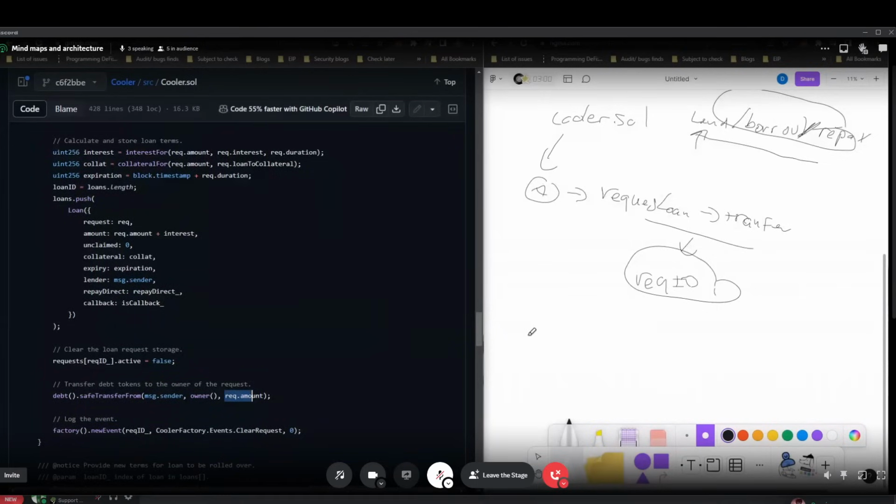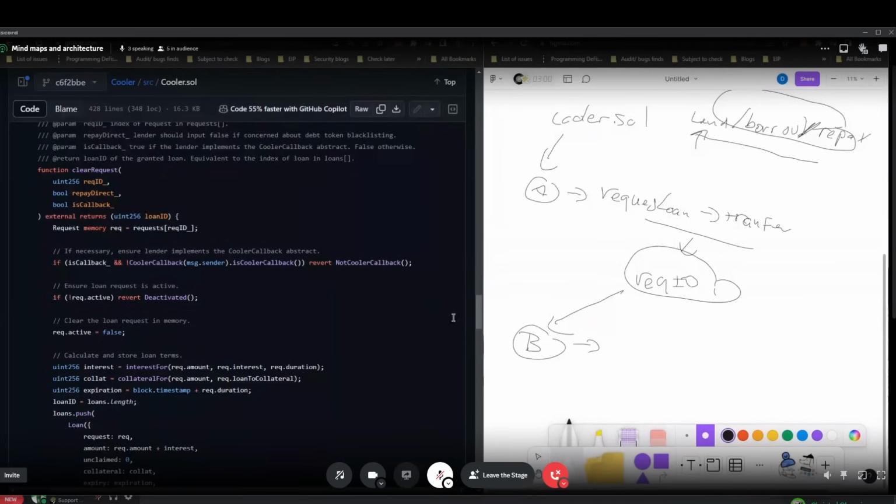So, guessing entity B takes the request ID and then it calls, what's the name of the function, clear request,